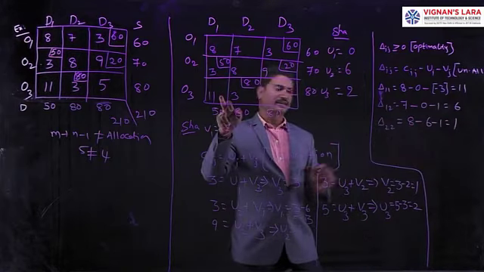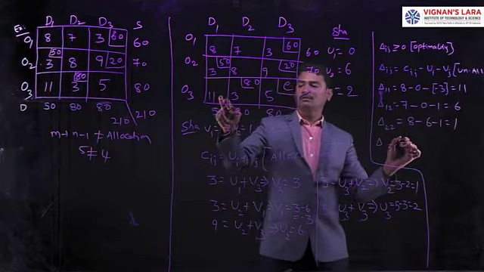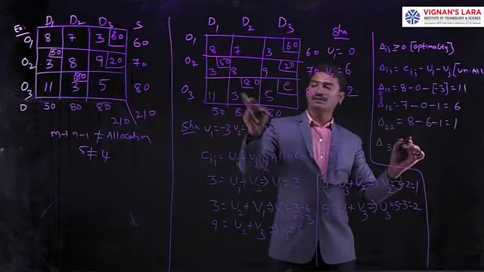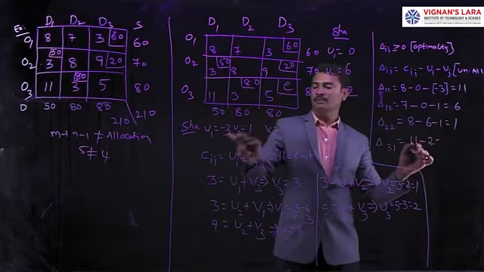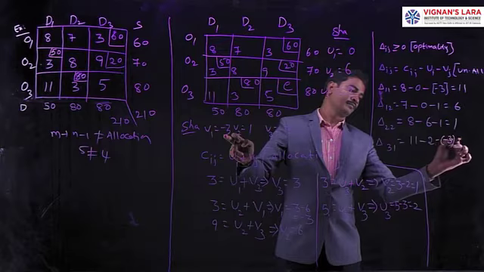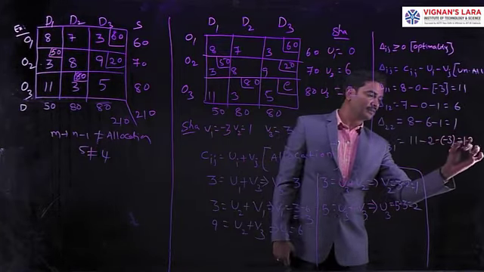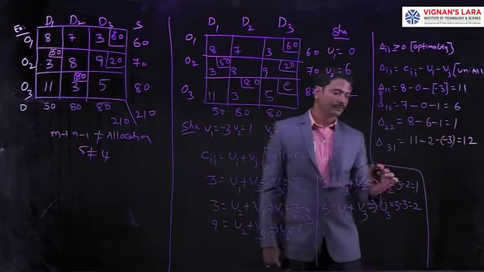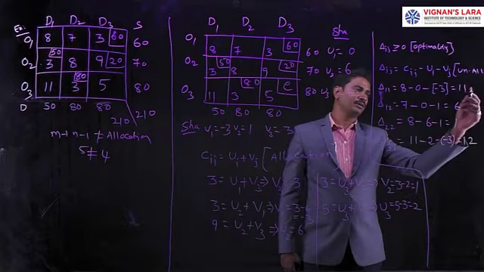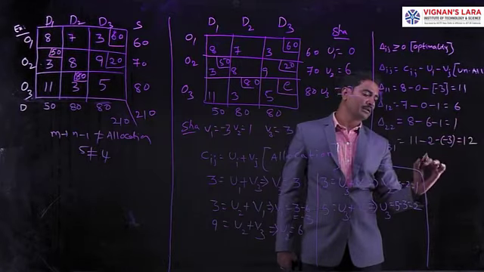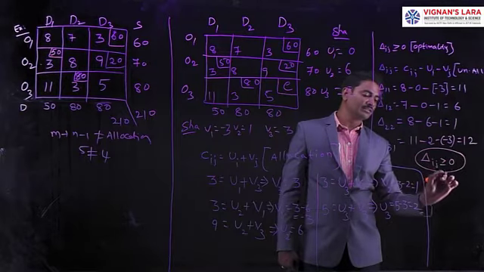Okay, next another unallocated cell is at 3 1. Here we are going to get the values. Here we have the cost value 11 minus the shadow price 2 minus of minus 3. From this we are going to get 12. Okay, all dij values are greater than or equal to 0. Here the positives 11, 6, 1, 12 are all greater than 0. Delta ij is greater than or equal to 0, so it reaches optimality.